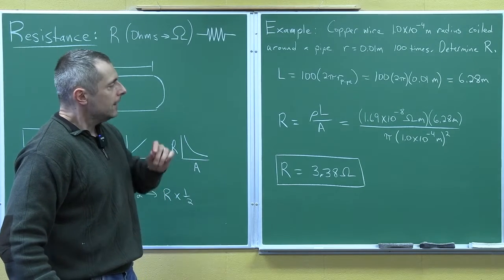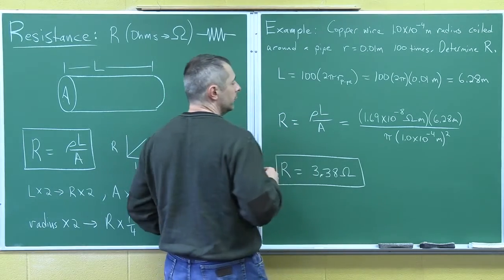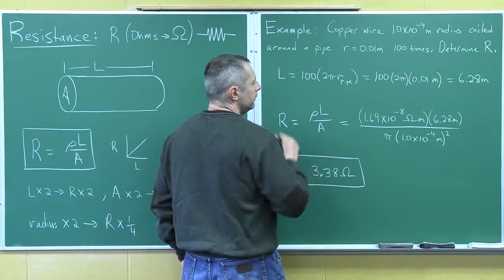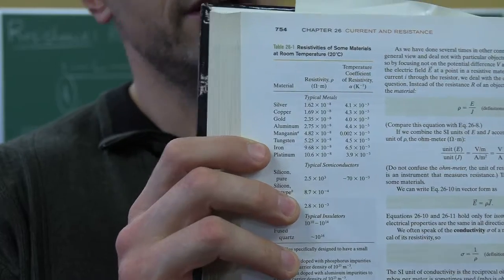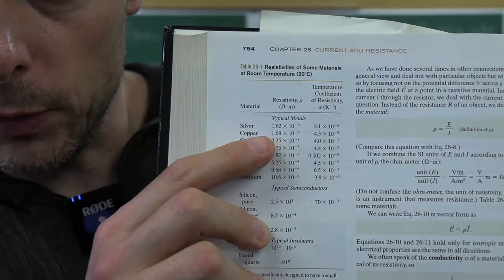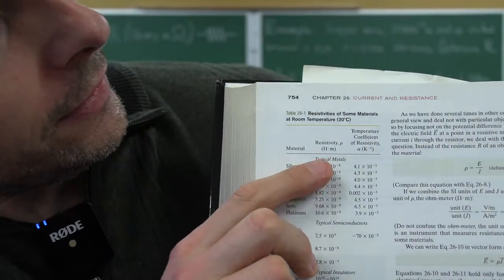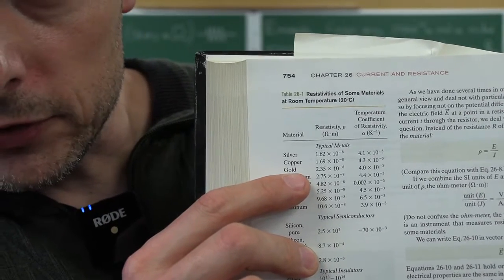So filling in my data, I see that my wire length is actually over 6 meters long, 6.28 meters long. Once I have the length, I can now go ahead and plug it into this formula that we just learned. And the resistivity, where can I find that? Well, as I already mentioned in the last video, on page 754 of our textbook, there is a table of resistivities, and in it we can see copper right here. And if you go over, you see 1.69 times 10 to the minus 8th. The units up here are ohm meters, so I can just look it up and get the resistivity of copper. So that's what I plug in